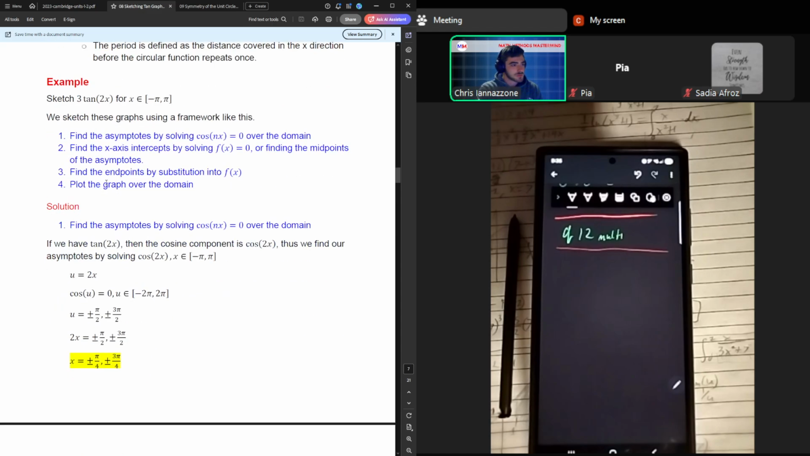Yeah, that's about it. So, example. This one's just got the dilation factors involved, and we want to sketch it from negative pi to pi. First up,